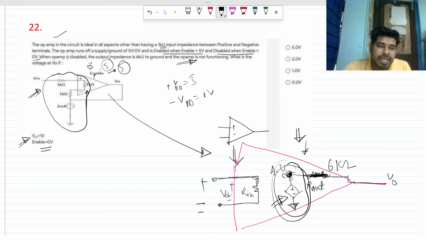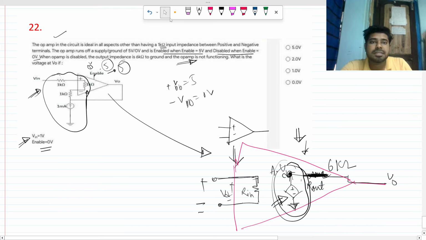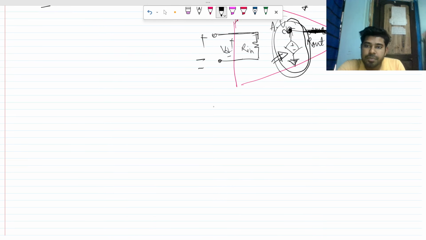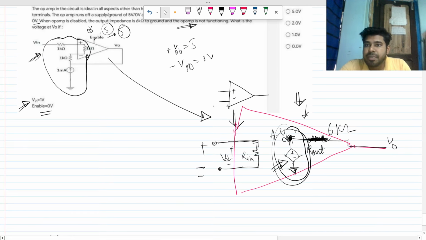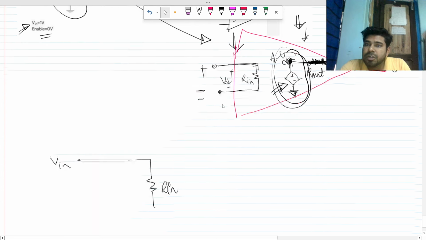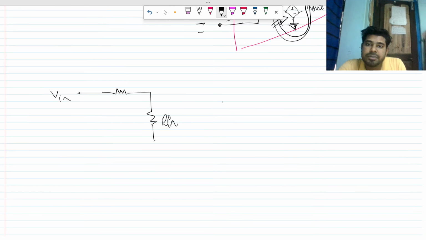So according to the problem, there should be a finite, greater than 0 impedance of 6 kilo ohm. Okay, so if I redraw the circuit, it will look like the following. You have V in here, you have an R in of the op amp, then before that you have a 1 kilo ohm resistance as well here,